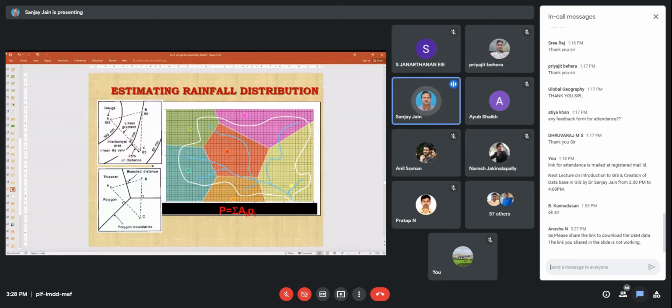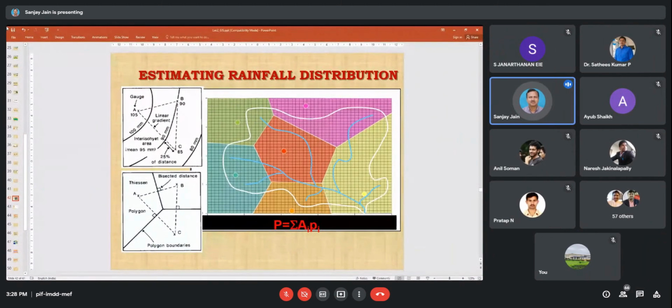So that is one of the advantages I can say of GIS. In case of the rainfall value for the whole catchment, for the middle one I have to take the full value of it. For certain others, it is only a certain percentage. That percentage I can know easily through GIS. So the weight of each and every rain gauge, how much will be there for that particular catchment, in that way we can compute.